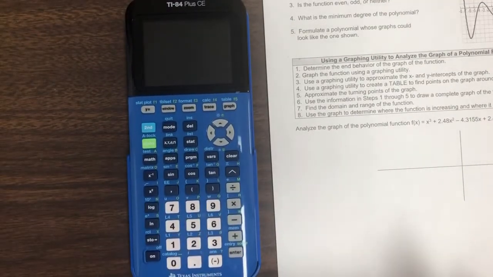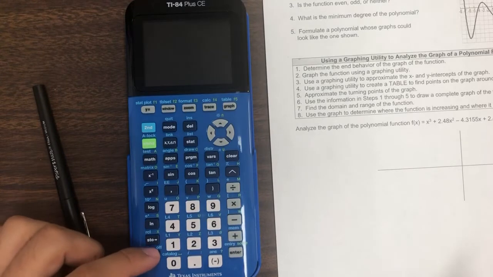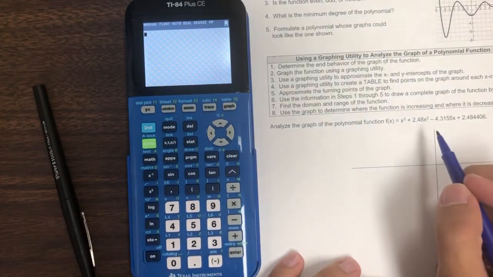All right, hello everyone. This is 4.1 day 3, looking at polynomials using our graphing calculator. So we're going to jump right into the notes here. So go ahead, turn your calculator on, and we're going to put this equation right into our